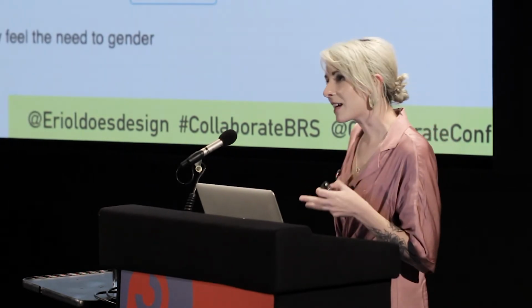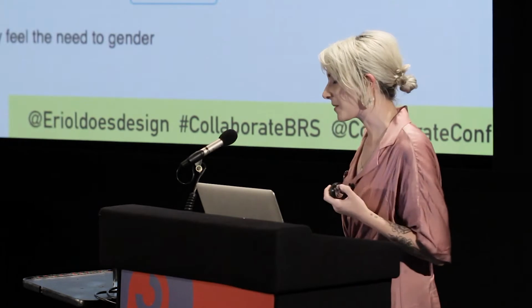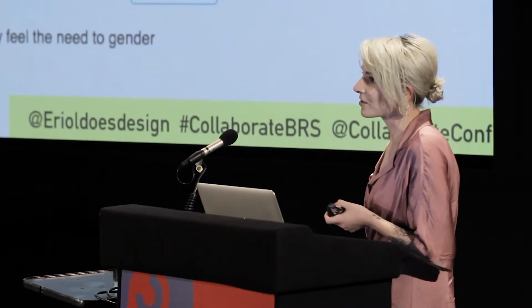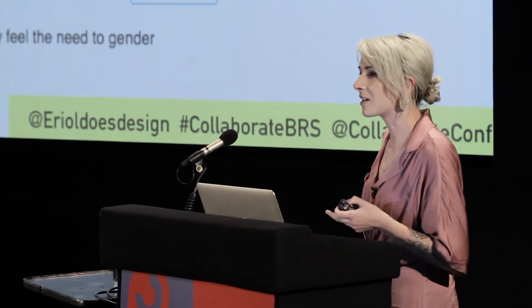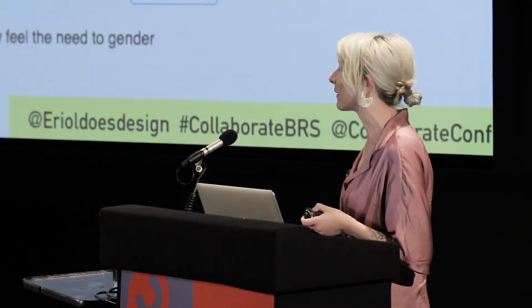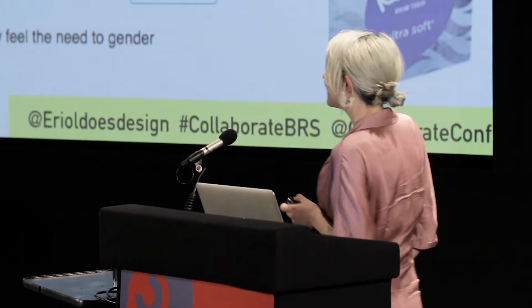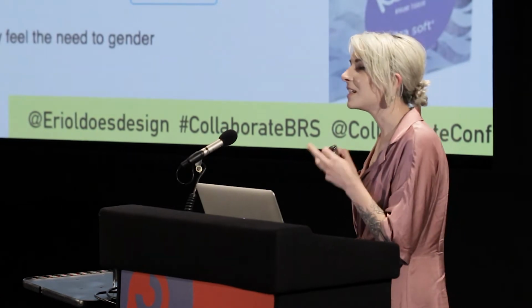And to drill down into this, the tissue example is one in particular. I actually think that maybe this brand, it's on the screen, so I'll just say it, Kleenex, I think they've actually started to remove man size from their vocabulary. But in contrast, you've got not man size, which have an ultra soft label, but man size don't have ultra soft. And I'm like, why do men not want ultra soft tissues? It seemed a bit ridiculous to me that when you've got a sore nose, you'd rather it be larger size. Anyway, very bizarre. But like I said, these things need to be laughed at.